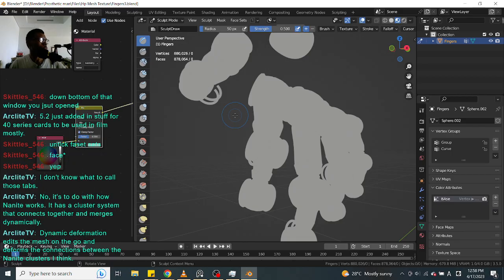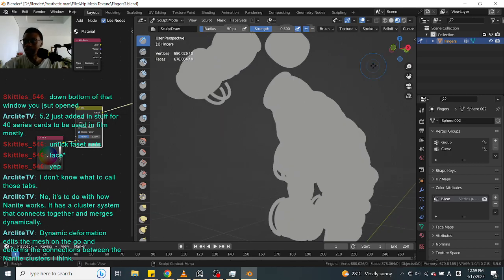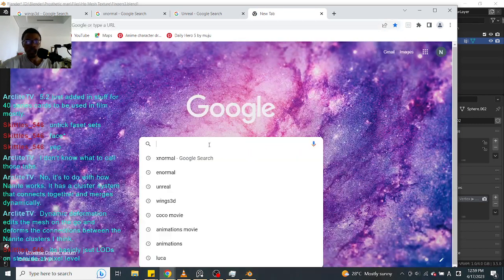It has a cluster system that connects together and merges dynamics. Dynamic deformation adds the mesh on the go and deforms the connecting between the Nanite cluster, I think. Dynamic deformation. Why do I feel like I know that? I think